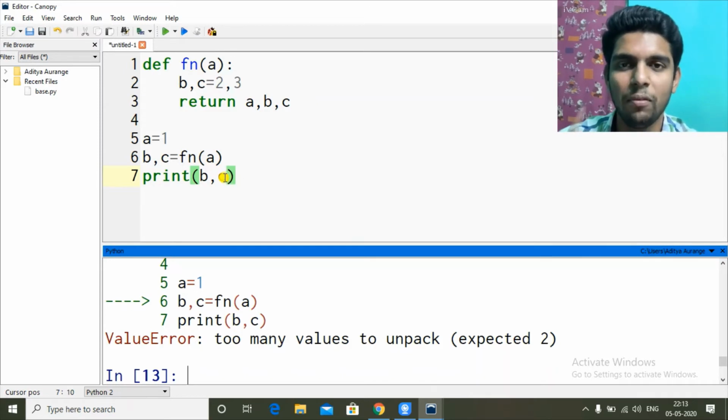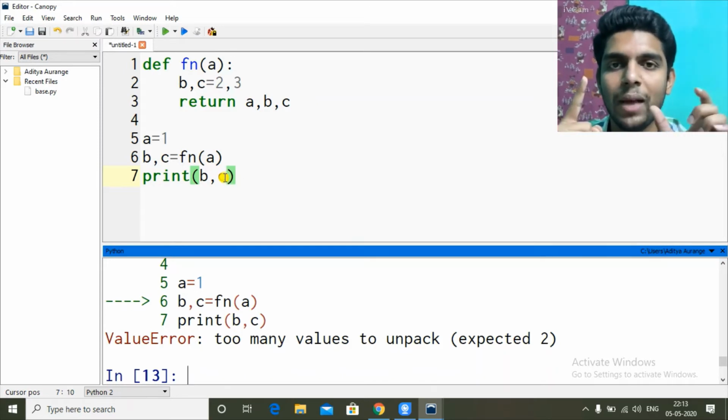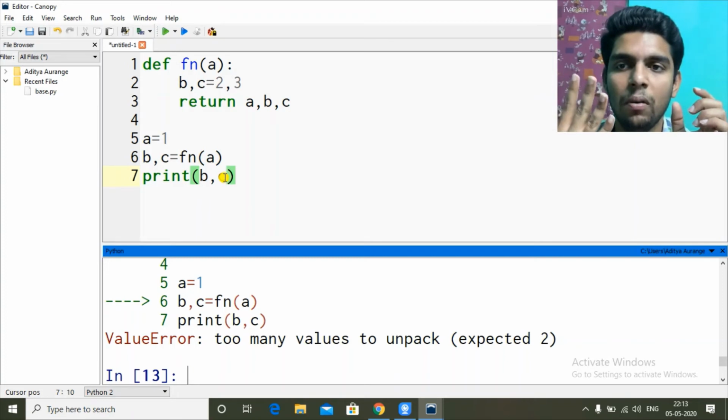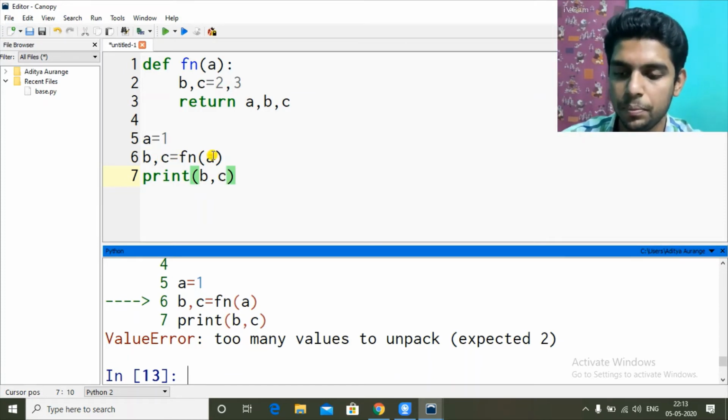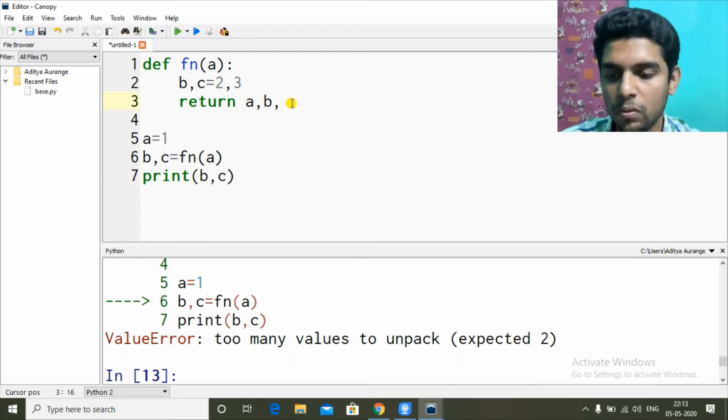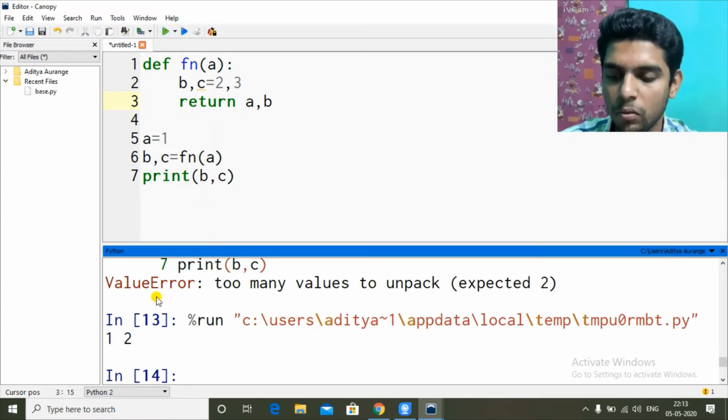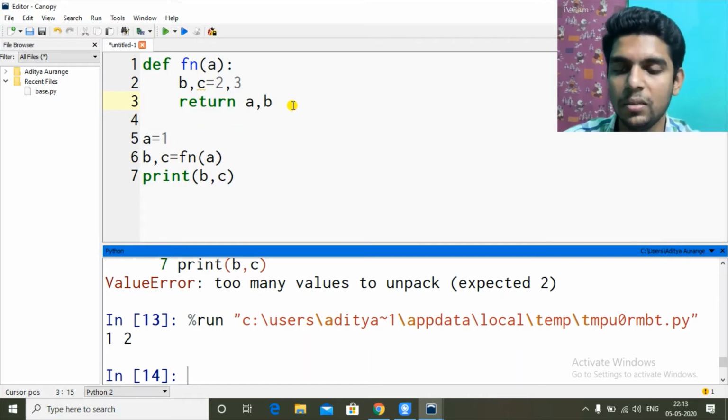So either I have only one variable which will receive all the values, or I have an equal number of variables at the receiving end, the same as the number of values you are returning from the function. If I remove one variable from here, so one value from there, 1 comma 2, b receives the value of a which is 1, c receives the value of b.